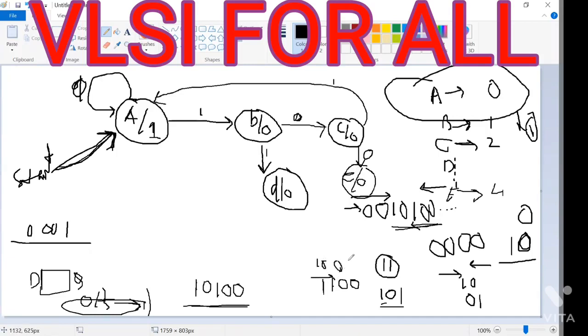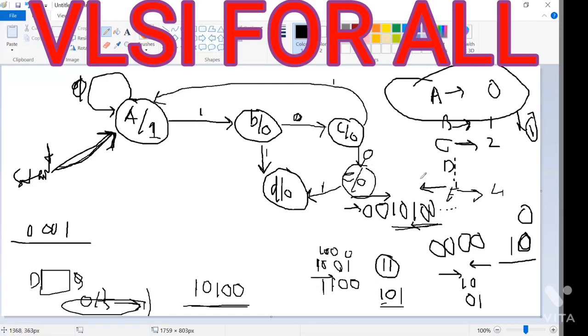If you again give, let's say 1, that means 1001, in decimal its value is 9. 9 divided by 5 leaves remainder 4. So 4 means here state D. So we'll move into this state if my input is 1. If my input is 0, that means 1 0 0 0, which is 8. 8 divided by 5 is remainder 3. Remainder 3 means here state